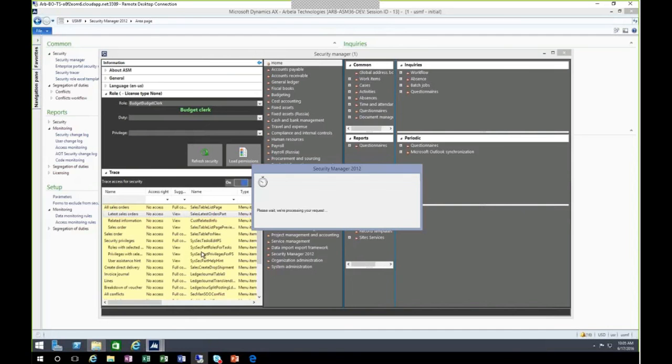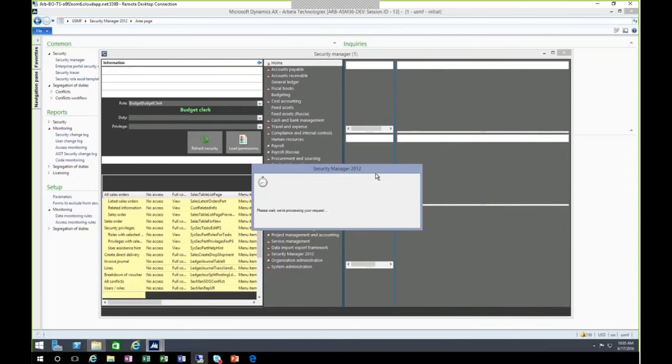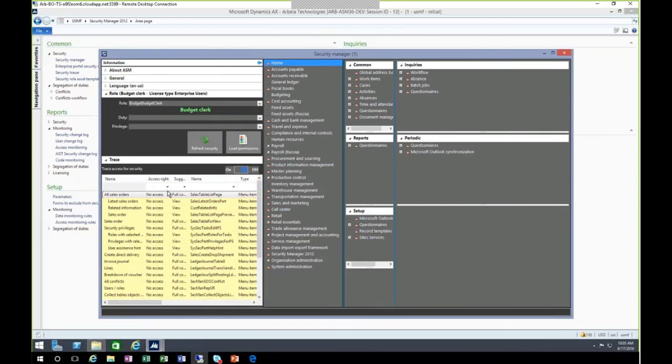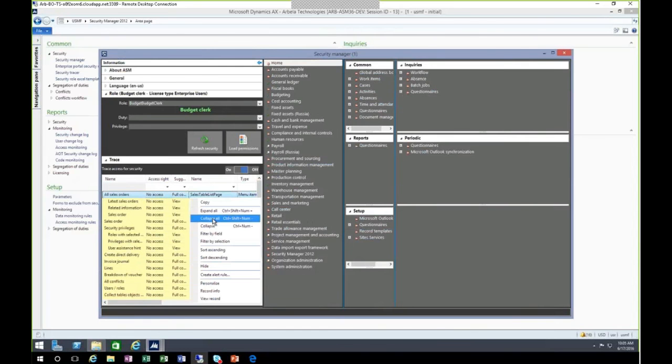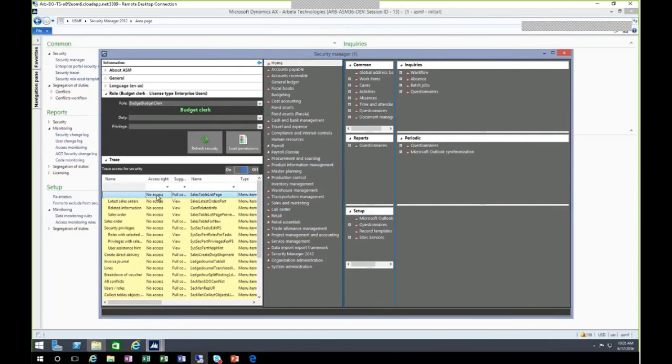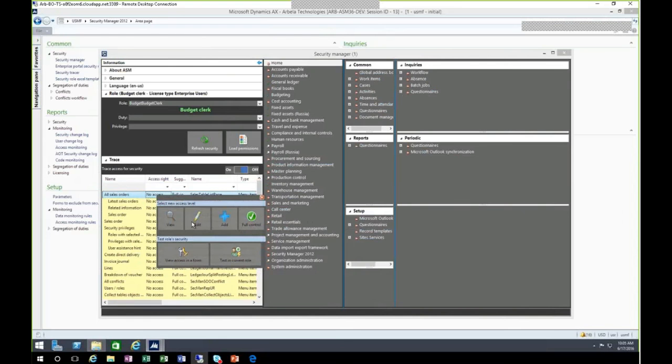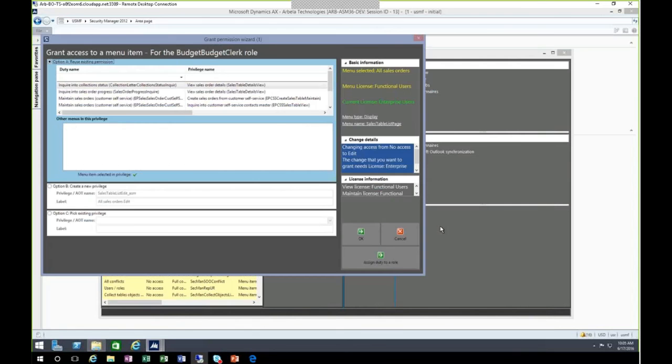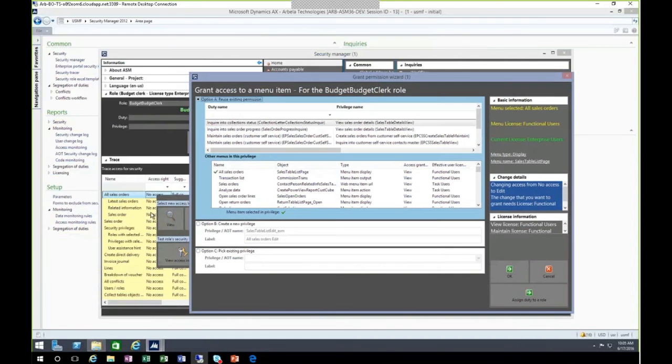So when I make the change and the wizard comes up, and it should be coming up any second now. Okay, good. So access to the sales orders, right? What I'm doing here is changing from no access to edit level. So this is the answer to that. I have a series of choices to change the security of this role based on what's here under trace.